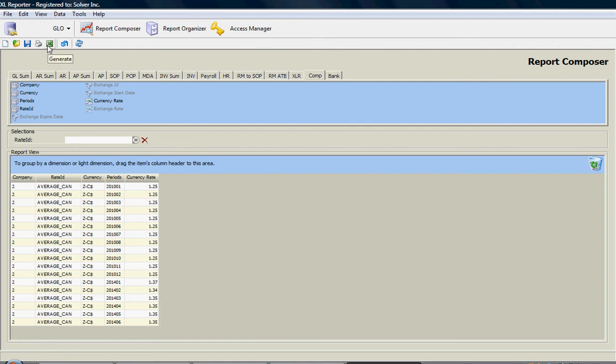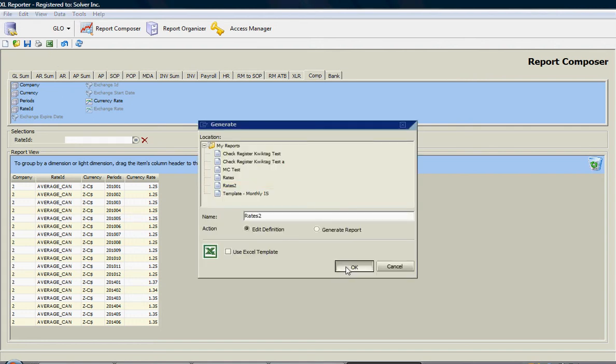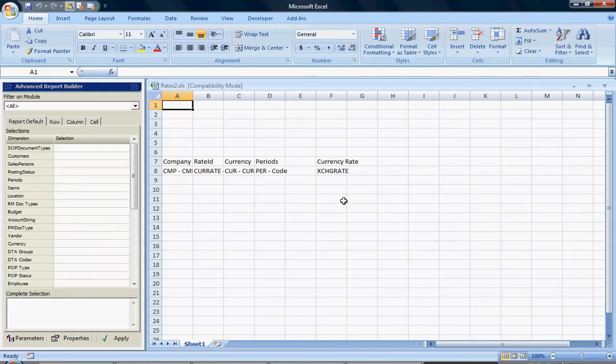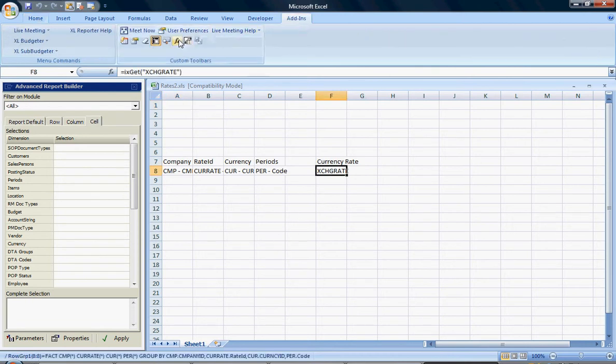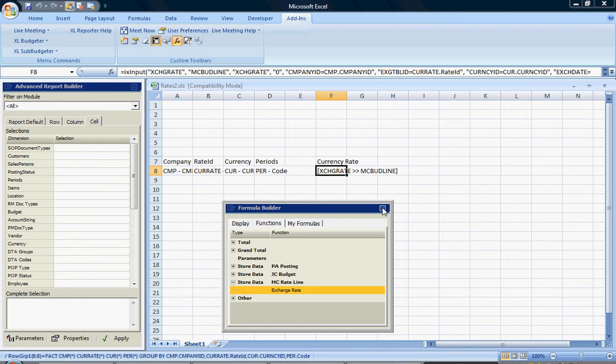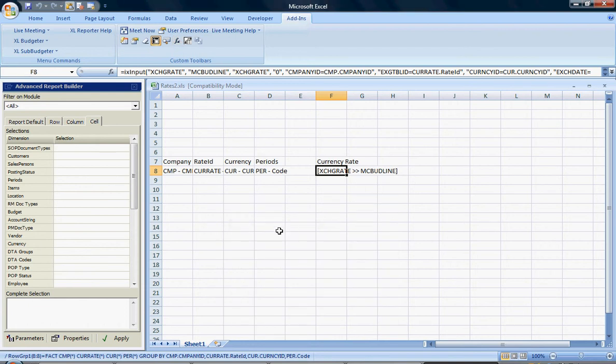I'm going to take this to Excel to make a writeback template. And this works exactly like budgeting product does in Excel Reporter. So I'm going to click on the measure, go to my formula builder, and go into store data and hit my exchange rate, and it will put my writeback formula into the system. I will execute my report,